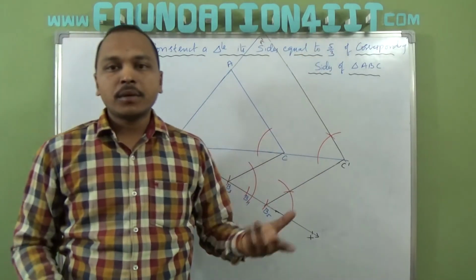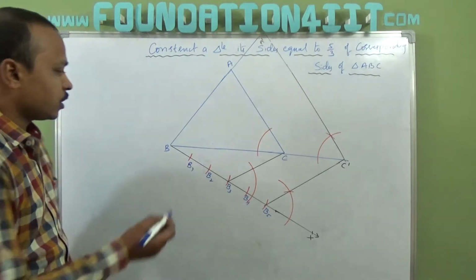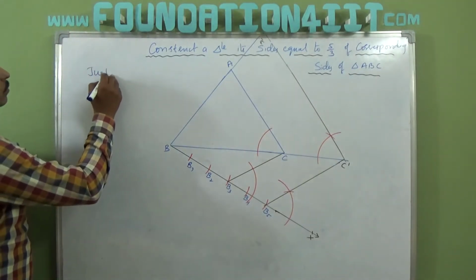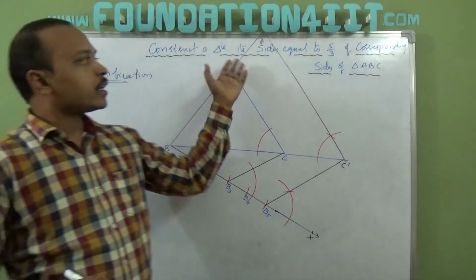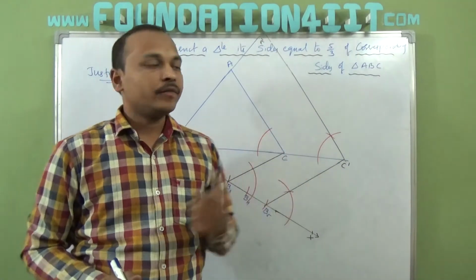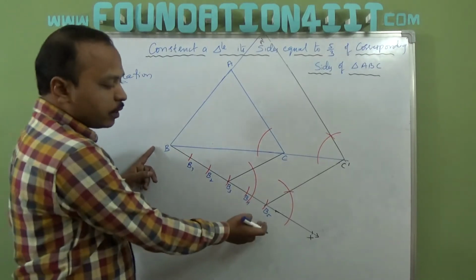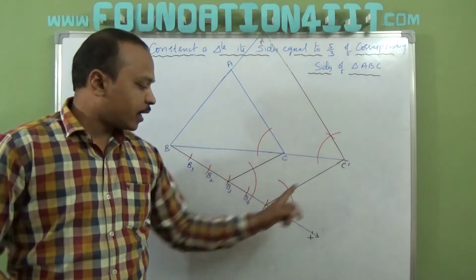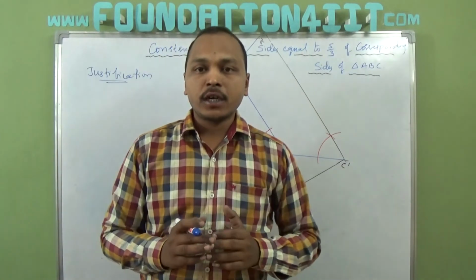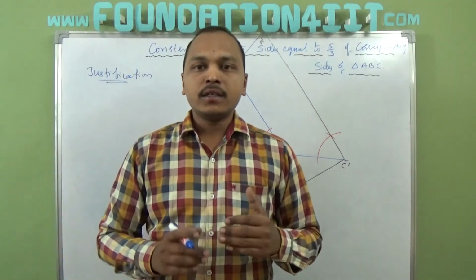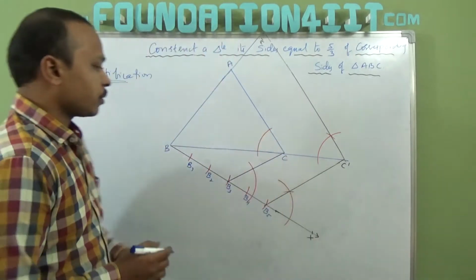Similarly the sides also. Mainly we need to prove the sides are in the ratio 5 by 3. Now see the justification. How is every side equal to 5 by 3rd of the corresponding side? We will see. Now B to B3 is 3 parts and B to B5 is 5 parts. In triangle B C dash B5, this line segment is parallel to this, right? So according to the basic proportionality theorem, in any triangle, a line parallel to one of the sides divides the other two sides in the same ratio.